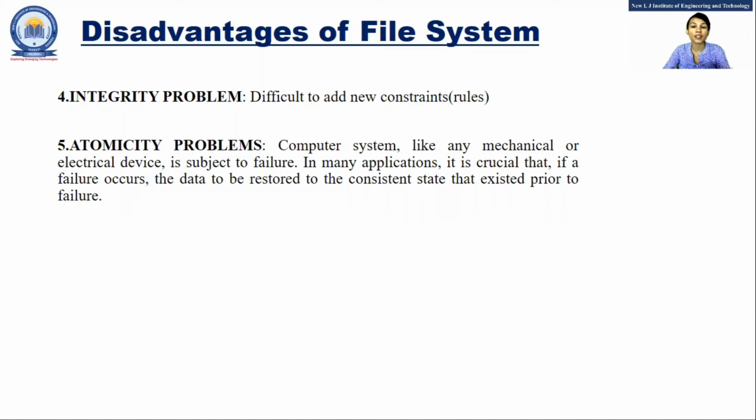Suppose you are performing some operation or transaction. There are possibilities that sometimes our system fails or a server is down. At that time our transaction doesn't get successfully done. If our transaction is successfully done, then it is okay. But if some crash or failure occurs, then it should go back to the consistent